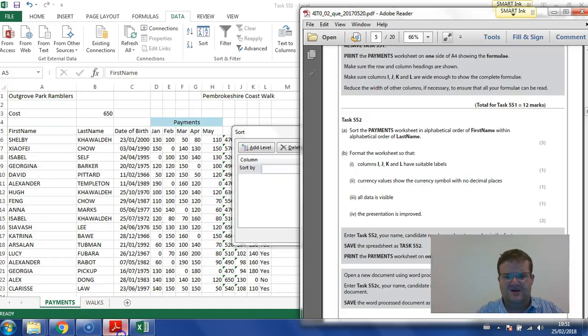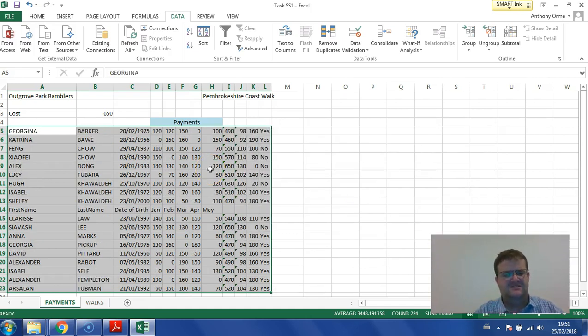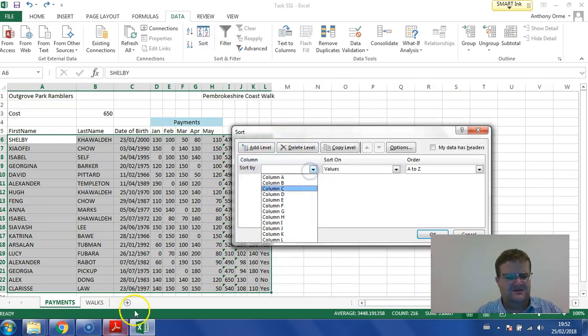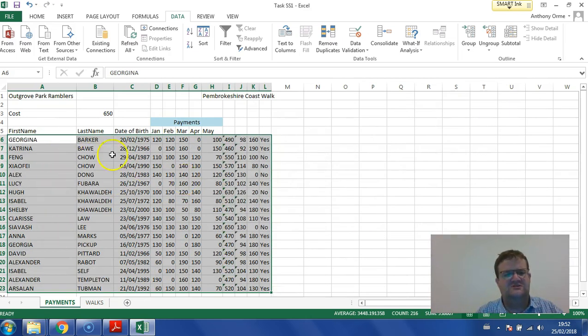But if I do last name and then first name, press OK, it sorts the first name as well. So I need to select the data like this, and we go sort, and we say last name, add level, and then first name, and then press OK, and that will just sort the data and not the headings, which is what we want. If you do find that happens,